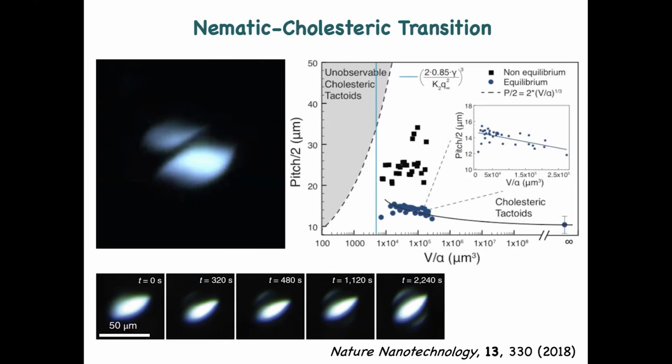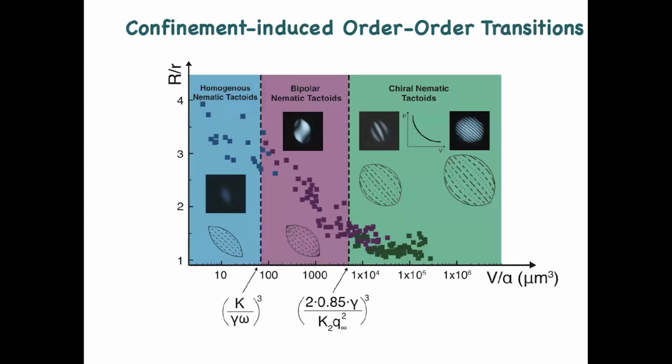So now we really start to understand the phase diagram here. We have at least three symmetries as the volume over the aspect ratio change: homogeneous, bipolar, chiral nematic. We know very well where this transition happens, at least in terms of the main parameters. Then you might ask, okay, what happens if you keep everything going? What do you see at very large volume?